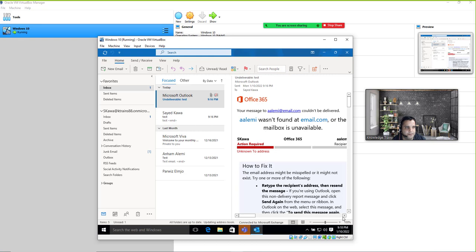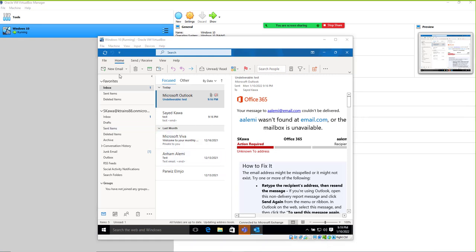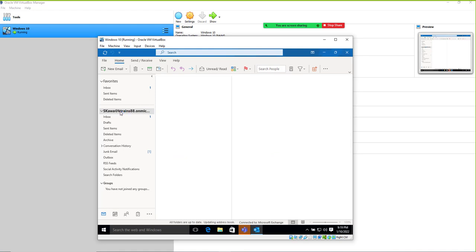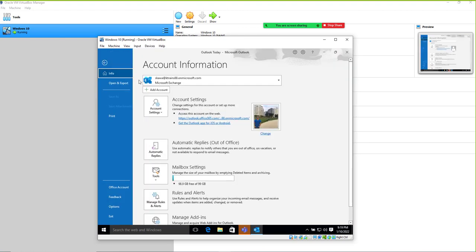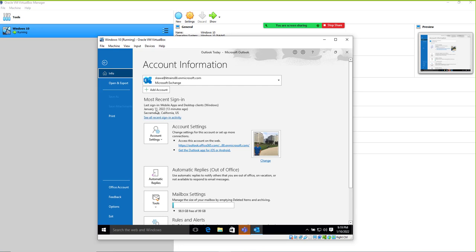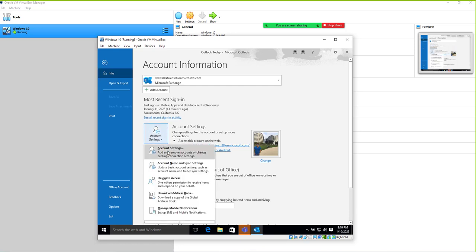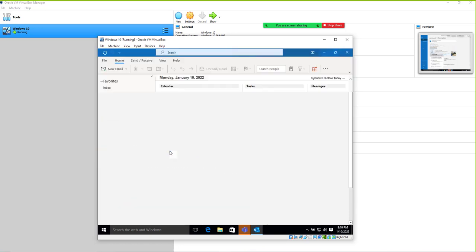Any question? All right, so now as you can see here, this is Eskawa at ktrains88.microsoft.com. One thing that I want to touch in here is if you click on file, you have this option called account settings, and you can click on account settings. So